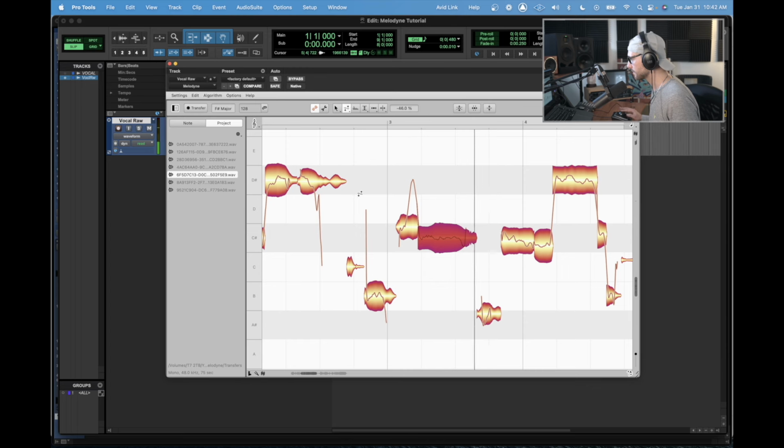Give me everything. Now it's a subtle difference this time, but there are going to be times when this pitch